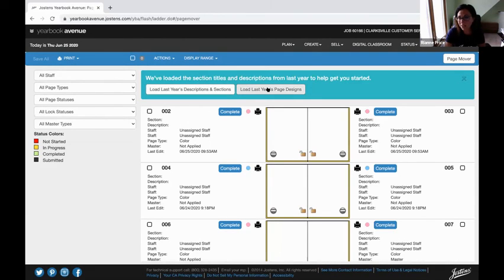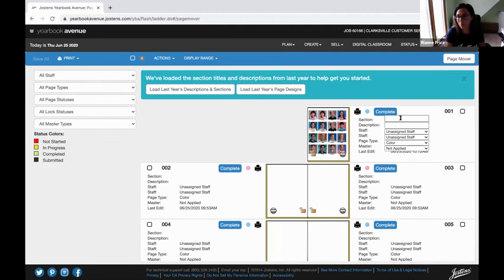You could, if you wanted to, also load last year's page designs. So if you really liked the way you designed your sports section, you want to use it again, you could do that. All right, or your organizations maybe. The other option you could do is I could come right here and I can type in what I want that section to be. So I can just type in title page. I can then enter in who my staff members are, and